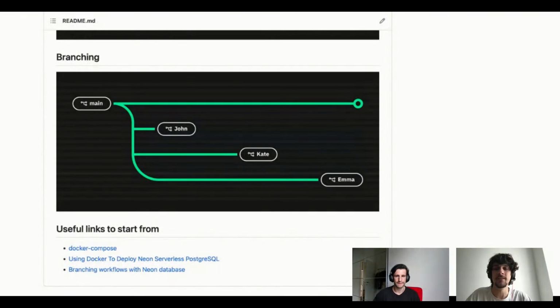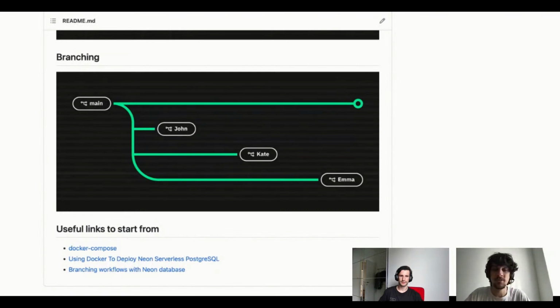You can create a separate instance of the database, which you can query, and change, and modify as you want, basically. And another thing is that, as they separated compute and storage, they can do it quite fast. I mean, Neon database gives you the ability of